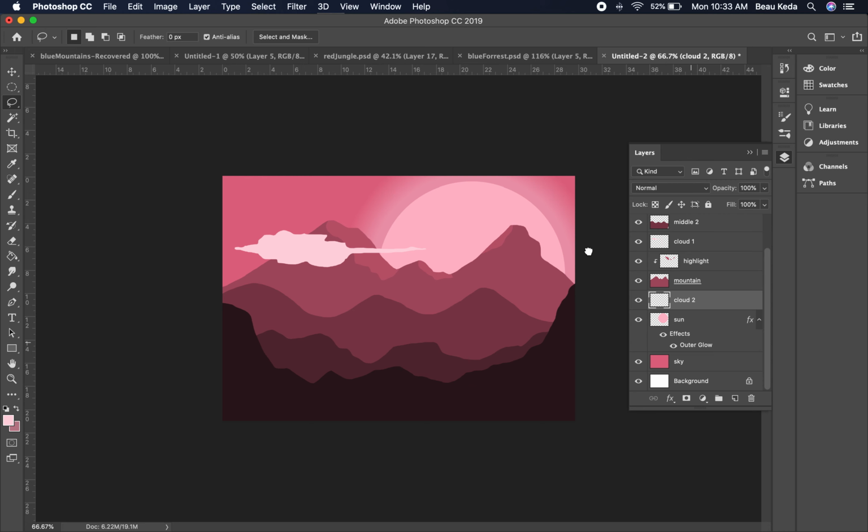I'll put it in front of the sun, but behind the mountain. So I'm going to go in here and draw a little bit of clouds. It's going to go behind that mountain, in front of the sun. I'm going to hit that one G. See that? And I'm going to do one over here that is behind the sun and